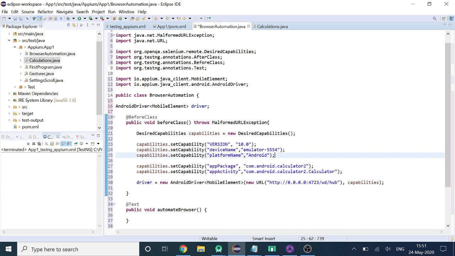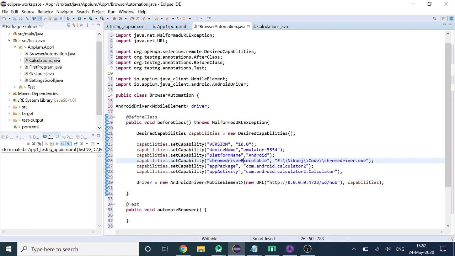And there's one more thing that we need to add. That is Chrome driver. So we'll set one more capability, that is Chrome driver executable, and the next parameter will be the path to